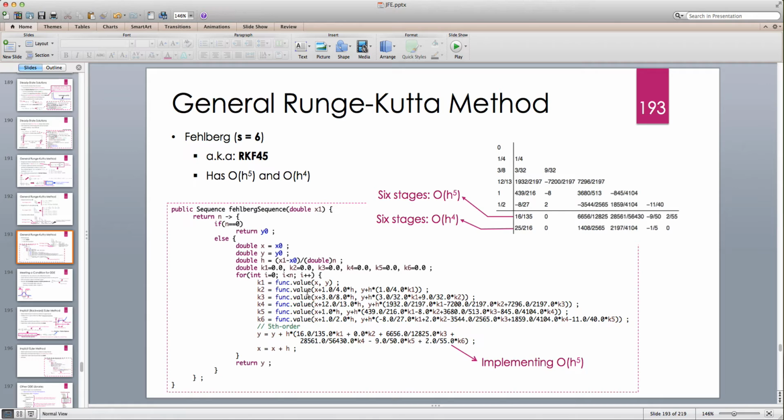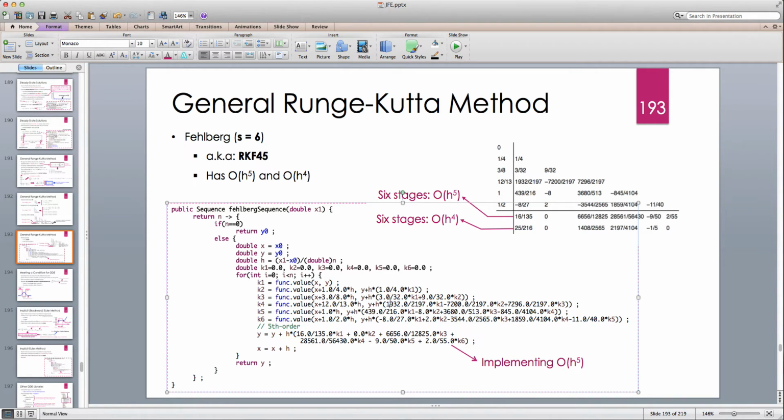All right, so I have k1, k2, k3, k4, k5, k6, and in each step I calculate all these six as xn and yn, and then we go to the next, xn plus 1, yn plus 1, etc. So k1 is always f of xn, yn. For k2, the increment of xn is 1 over 4 times h, so x plus 1 over 4 times h. The increment of yn is y plus h times 1 over